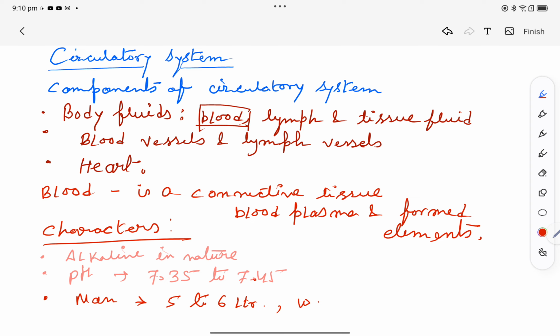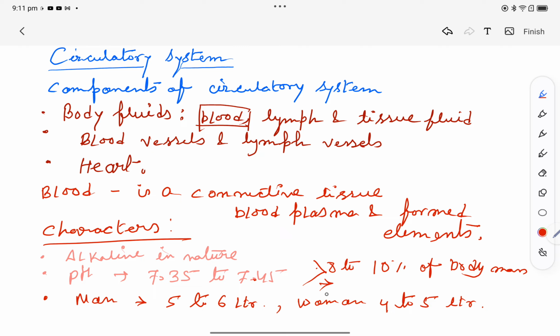In case of a woman or female body, we can see 4 to 5 liters of blood. Blood constitutes 8 to 10% of body mass,